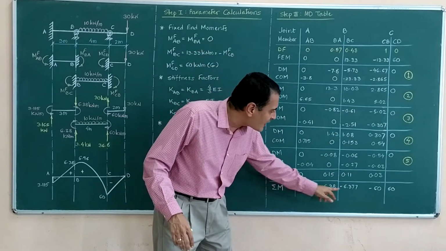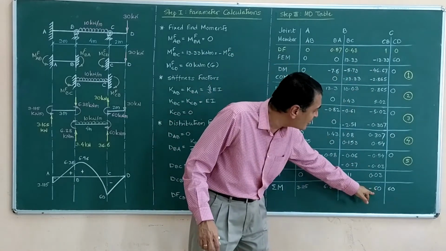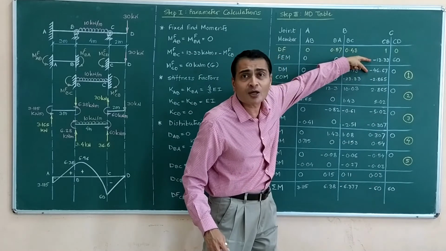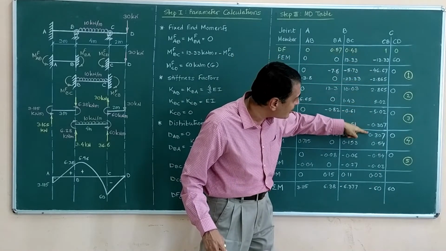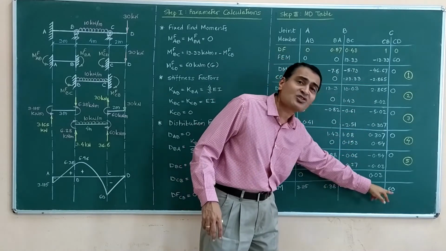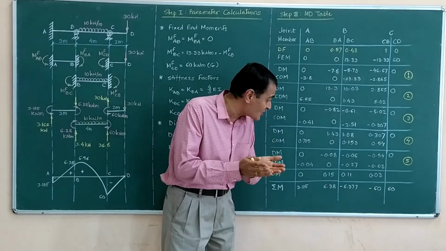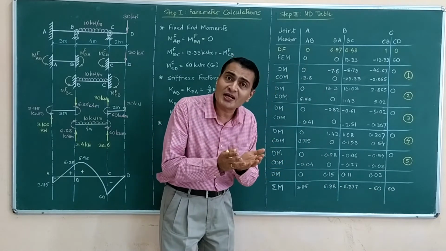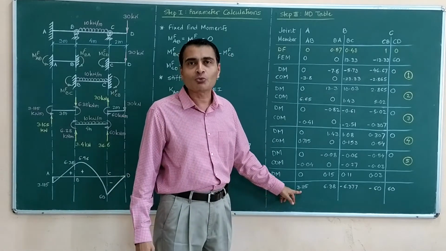And those values then I have just enlisted. Here I had to get negative 60 because these two would add up to negative 60, and all these you can make out, they are simply cancelling out each other. So I got negative 60, positive 60. Here I got the balance through the iterations, 6.38 and almost negative 6.38, and here the end moment is 3.115.